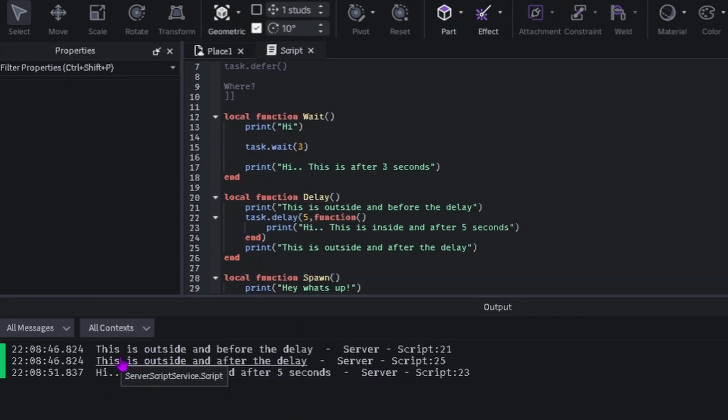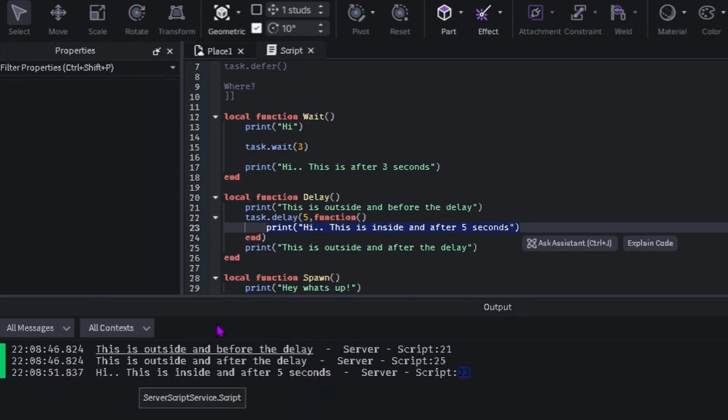The first print statement, "this is outside and before the delay," is for this print statement. The second one in the console says "this is outside and after the delay," which is the last print statement. And inside the delay function, I've written a print statement, "hi, this is inside and after 5 seconds." As you can see in the console, the third print statement runs after 5 seconds. We can see in the timing